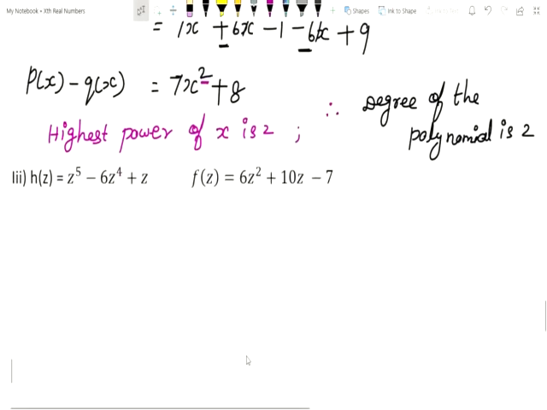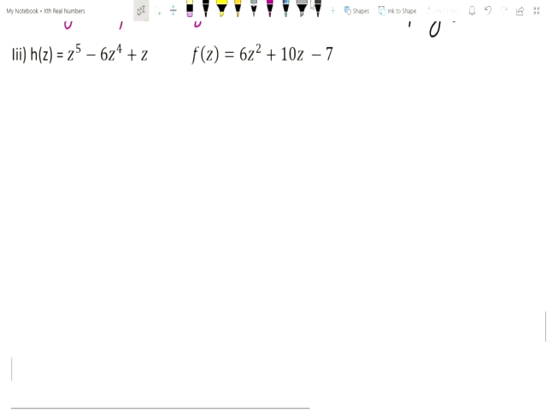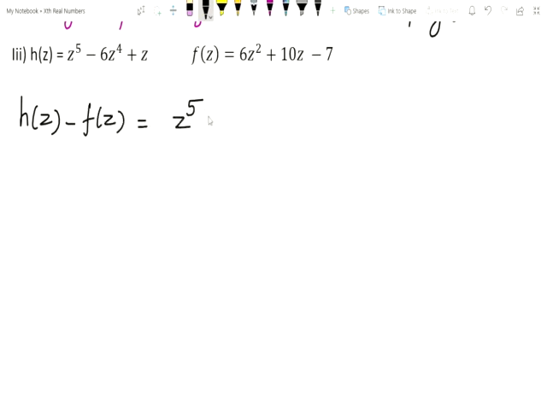Next one. h of z equals z power 5 minus 6z power 4 plus z. f of z equals 6z square plus 10z minus 7. So we are going to subtract: h of z minus f of z equals z power 5 minus 6z power 4 plus z